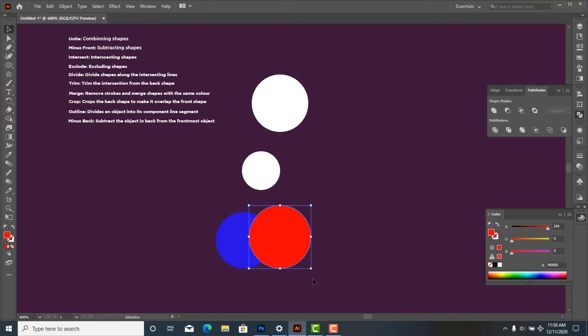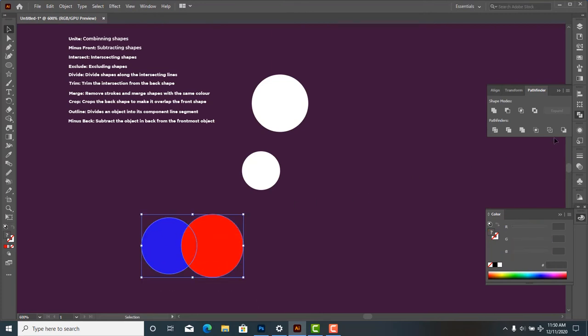Now away from that, also we have crop. Now what crop does is it crops the back shape to make it overlap the front shape. Now I will intersect these two shapes together. We have the red at the front. If I select them all and I go to my crop, you can see we are left with the shape formed from the intersection. But if you notice, remember I said red was at the top, and normally when you use your intersection,